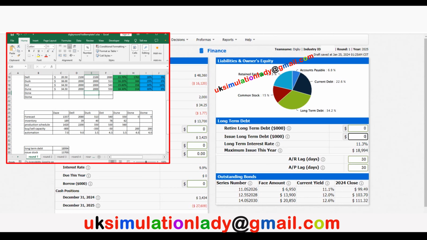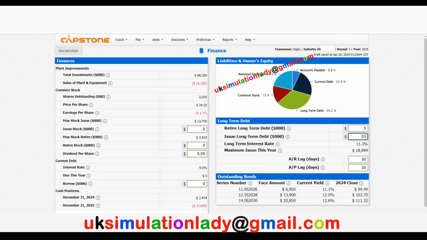First, check the cash position as of December 31st. In this case, it's negative $27,609, quite a deficit. We'll start by issuing the maximum amount of long-term debt, which is $18,994. This brings the cash position to negative $10,627. We still need about $11,000 to meet Capsim Round 1 obligations, so now we'll issue the maximum stock allowed, which is $13,700. After recalculating, we finally have a positive cash position,